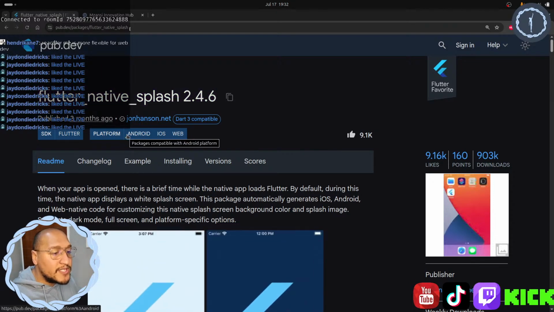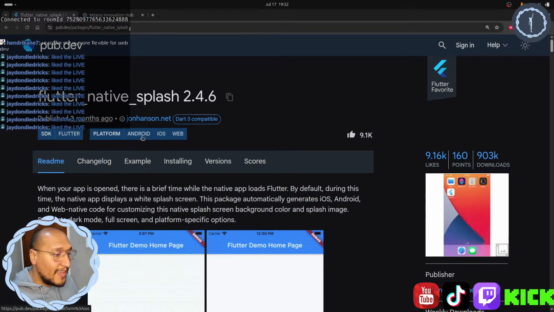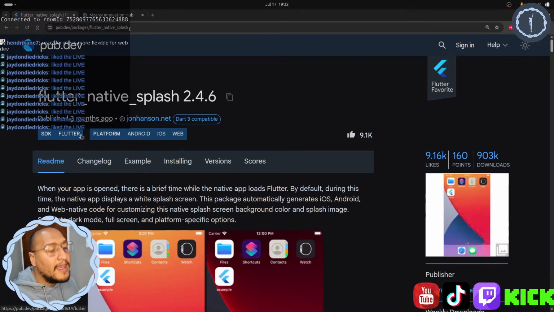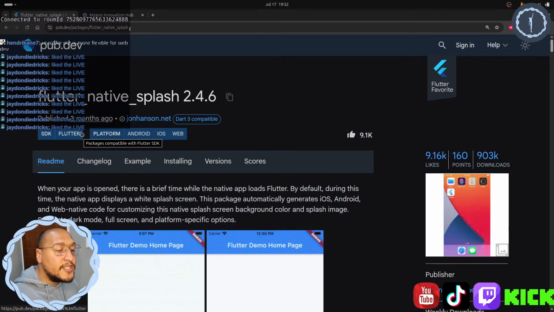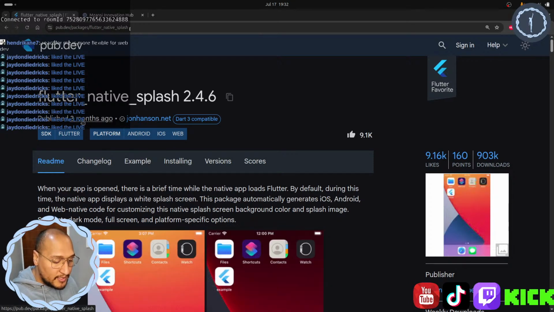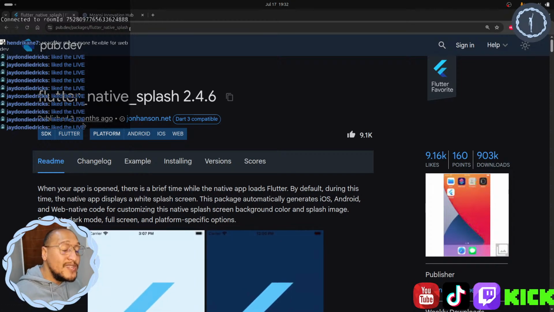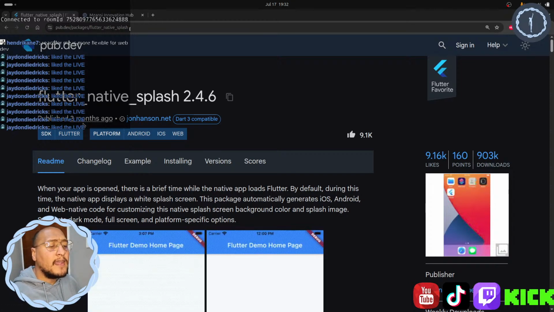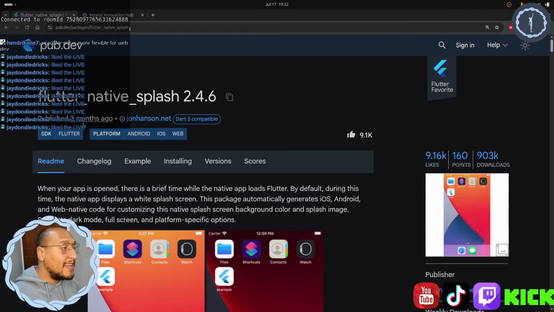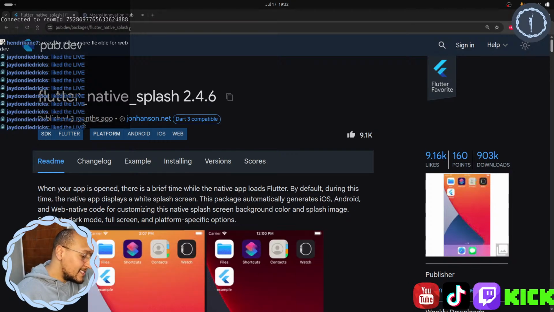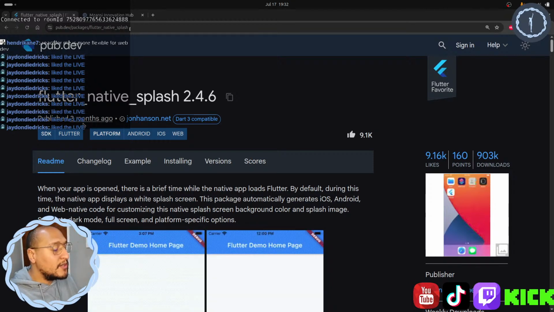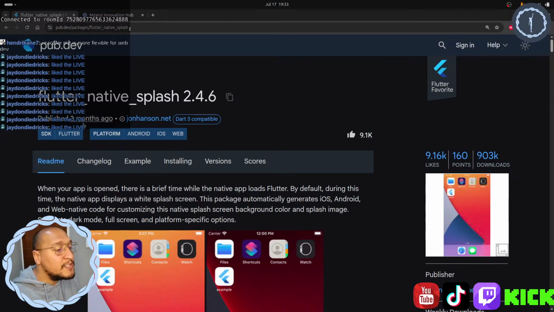First things first, you have to check what platforms it's available on. So you can see this is available. Okay, before we even go on to what platforms it's available on, let's check when it was last updated. You can see this was updated 3 months ago, which is fairly recent, and that means the people haven't abandoned this. They're still using it. Another green flag is, you can see this is Flutter Favorites. That means Flutter themselves like this package and probably Google themselves use this package for their splash screens.